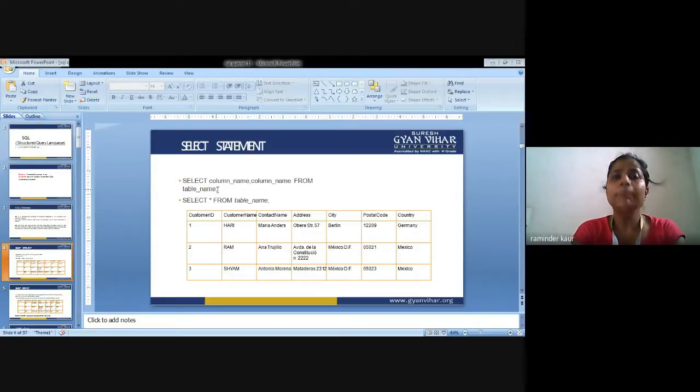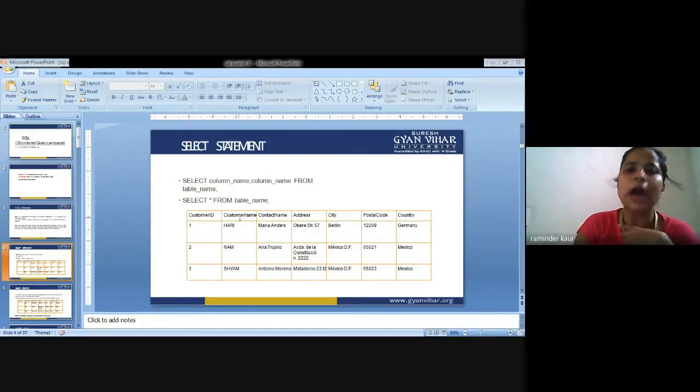Select column_name, that is column name 1, comma, column name 2, from the table. I am supposed to fetch those columns from somewhere, and that is obviously the database where the information about those fields is already stored. Let's say that table is the employee table, or I can say the customer table. So the two fields will be, I can say, customer name and contact name from the customer table.